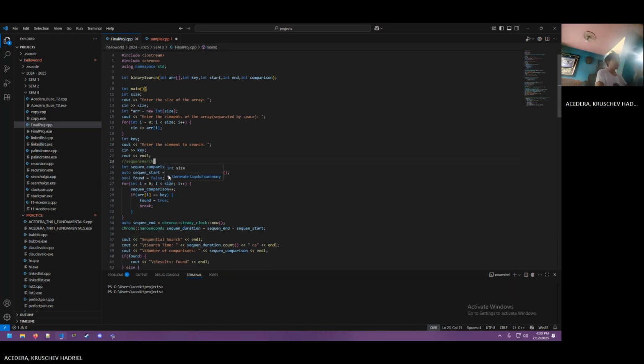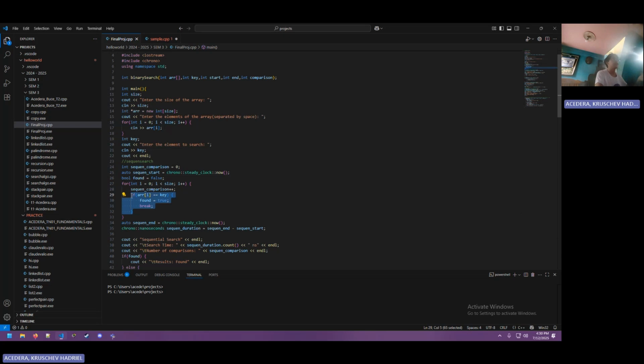So here is my take on it. First, we create a variable for the sequential comparison, just to count how many jumps or how many sequences it took before we find the data. So we had a for loop, and every time we jump to the next data, the sequential comparison is incremented.